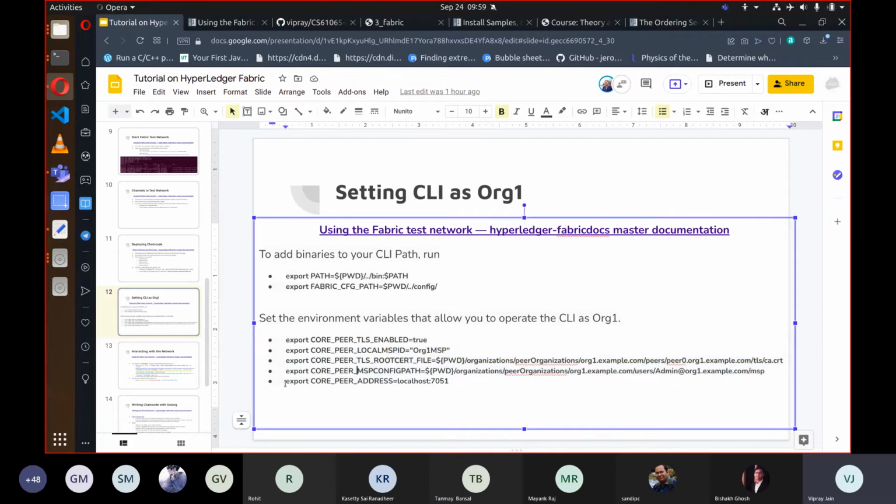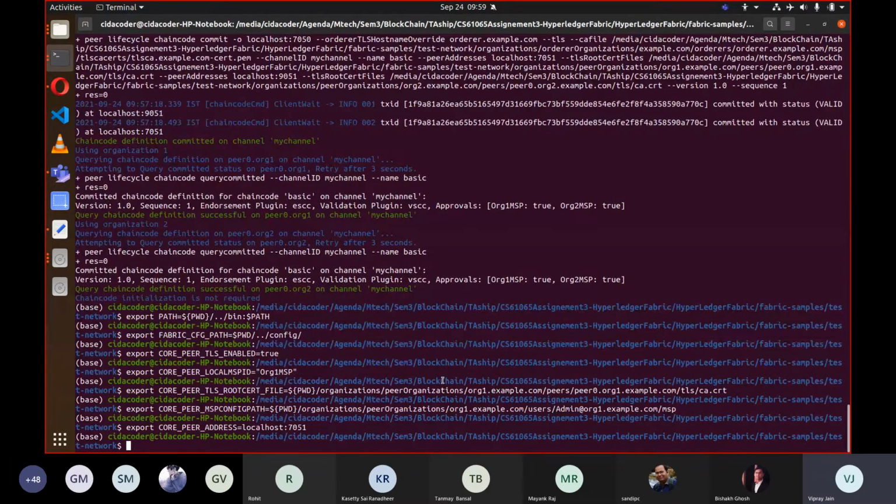And finally, we will pass the address at which our organization 1 is running. So I'm just copy pasting all these commands in the CLI. So now our CLI is ready to interact with our chain code that we have just deployed on the channel named myChannel.